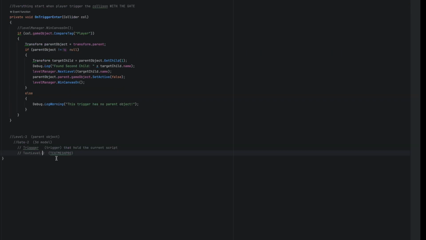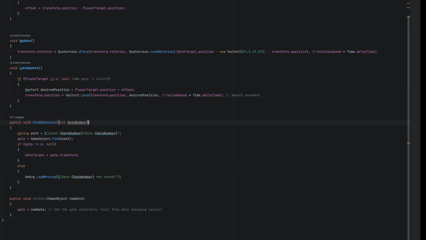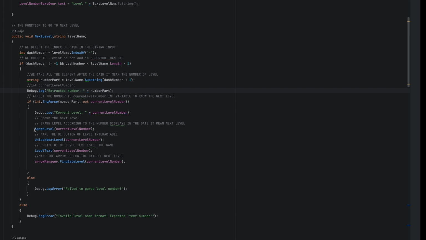But I didn't test the function if we have a two-digit number. In the future I will test, but for 1 to 9 it works. Here then we will spawn the level with the int as the parameter. So if we go to this function,